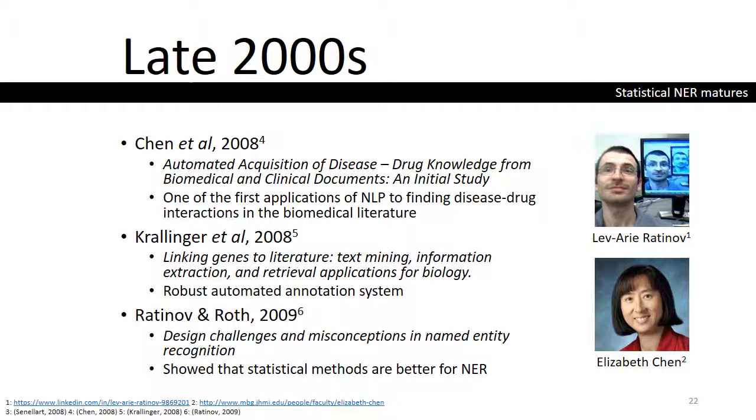In the late 2000s now, the most important paper probably was done by Ratinov and Roth. And we saw that statistical methods were better for NER. Now, up until that point, NER was based on rules created by humans who had to continuously tell the computer